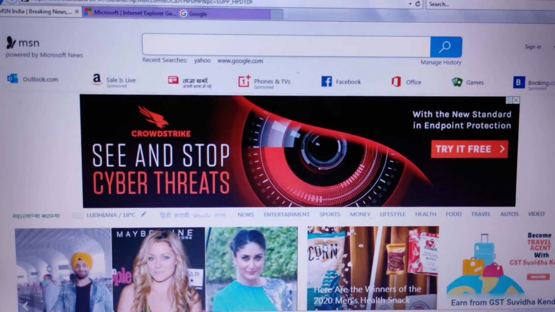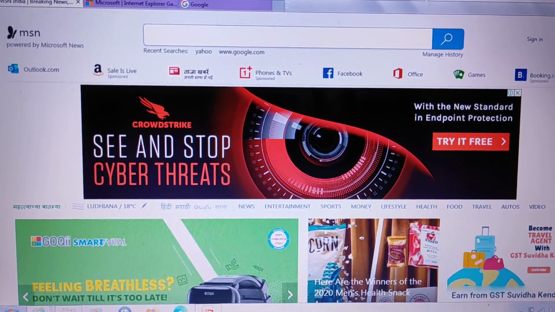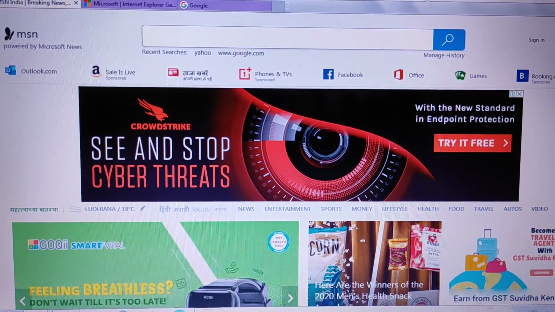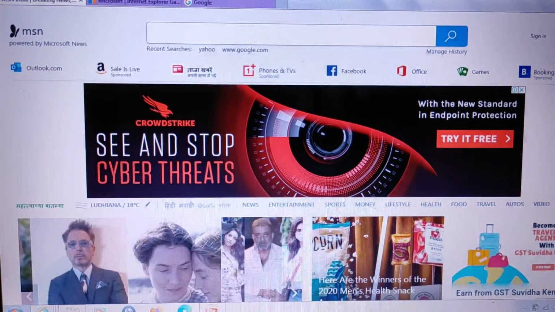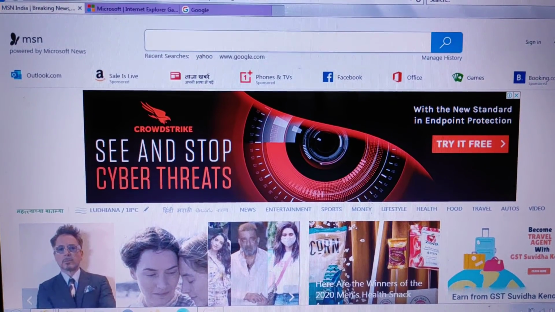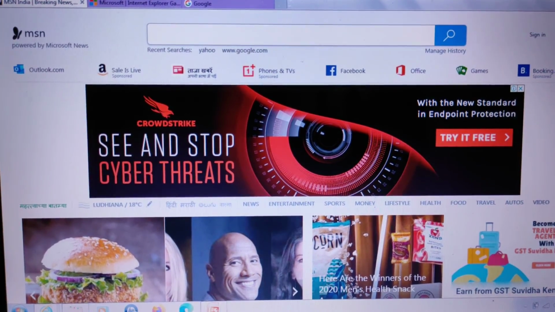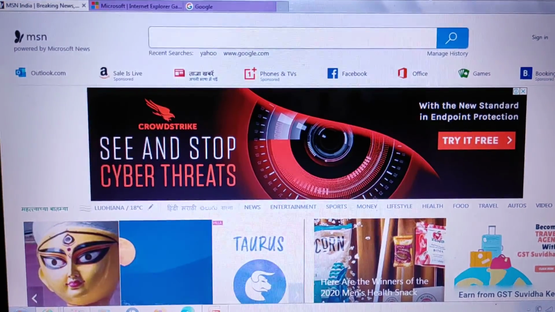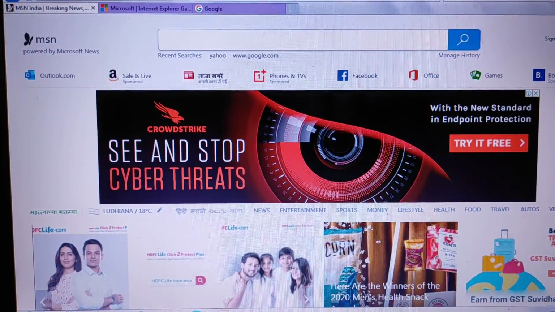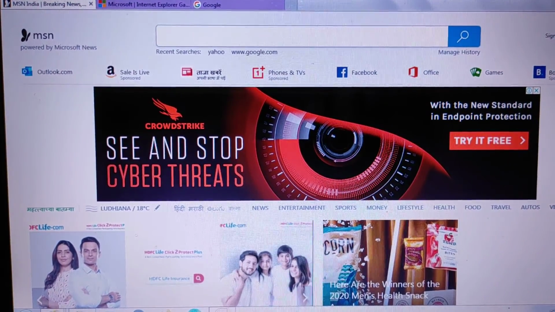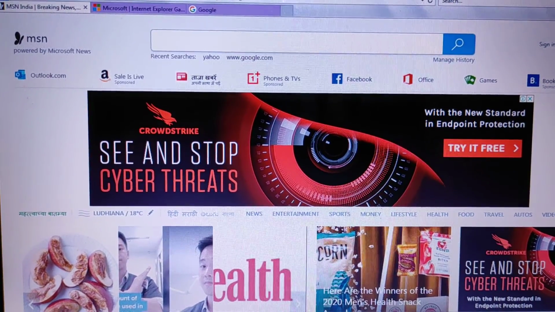Now the next topic is search engines. If you want information on any topic for which you do not know the URL, you can get the information through a search engine. A search engine is a program that searches through a collection of web pages for particular information. It allows the user to enter any keyword, that means any word, for which it displays a list of websites with related information. Many search engines use a program called a spider to display a list of all web pages that contain the word you entered.